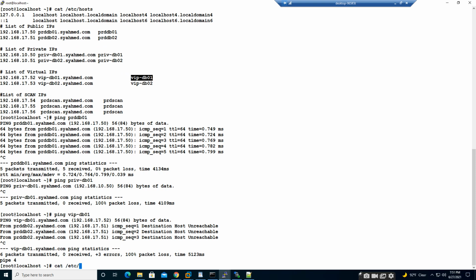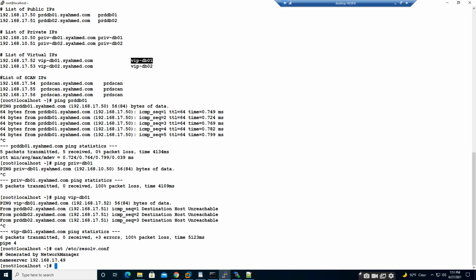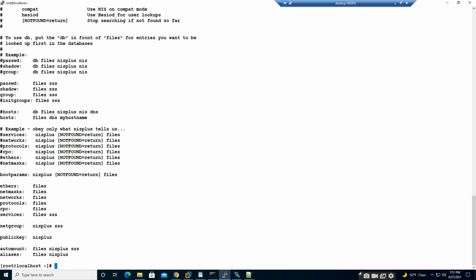So let's view the DNS file on the Linux system, which is resolv.conf. Here it is pointing to our DNS server, which is correct. So we need to modify one file, and that file is etc nsswitch.conf.